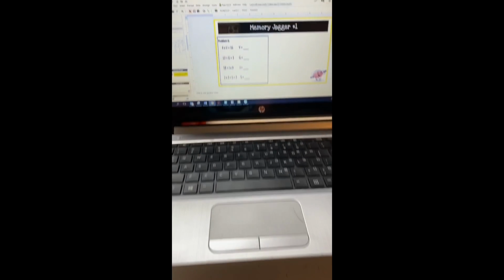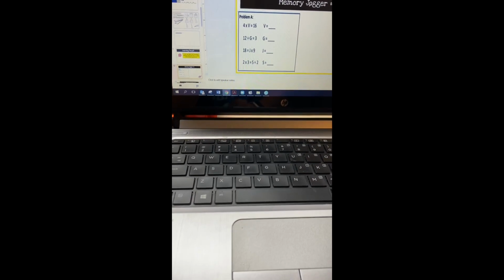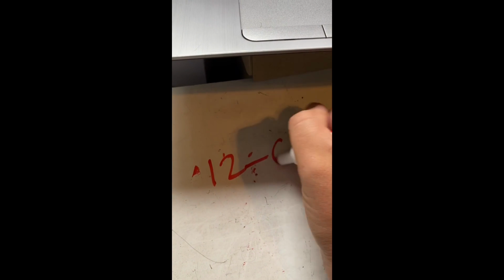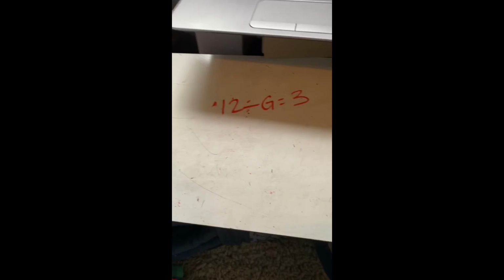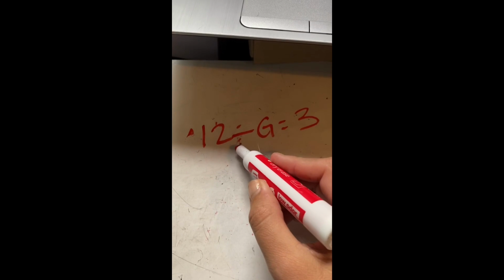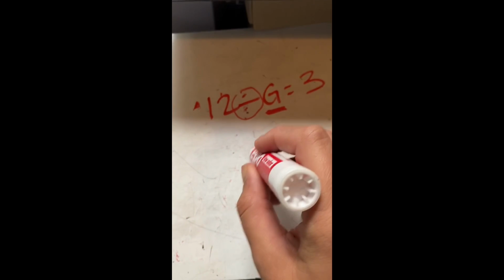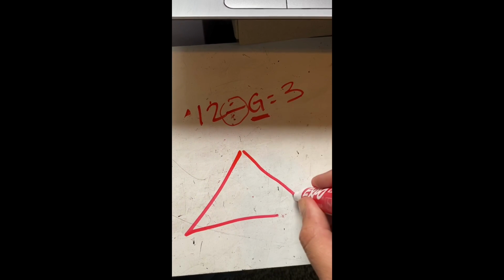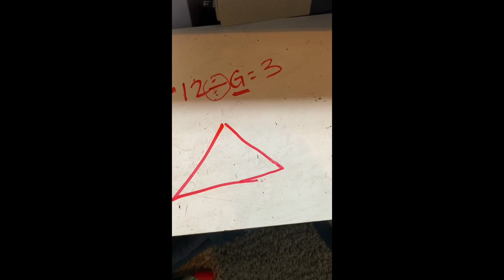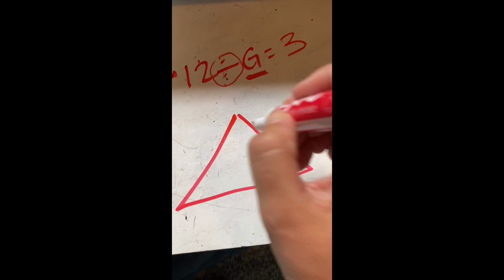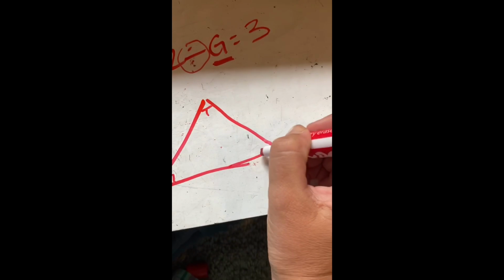All right, now we're going to do the second one in case you were struggling. We will go ahead and do number 2, which said 12 divided by G equals 3. Remember, if I'm multiplying or dividing, which I'm dividing here, and I have a missing variable, I can use my GET triangle to help me solve it. Because this reminds you that equations are like fact families, and I can use something else that I know to solve it. So, set up my GET triangle, G-E-T,